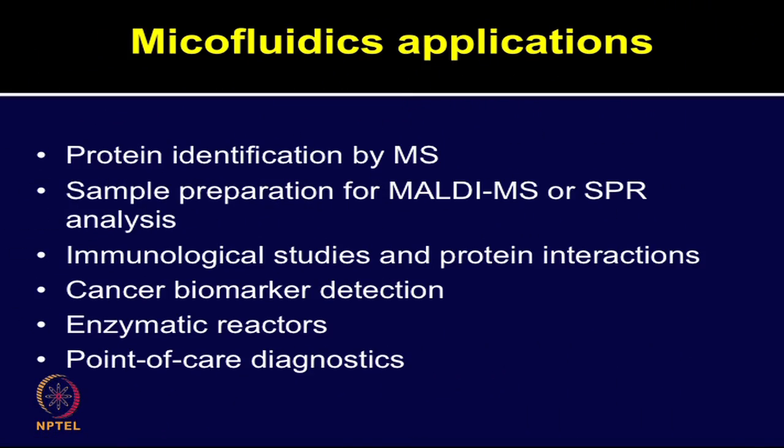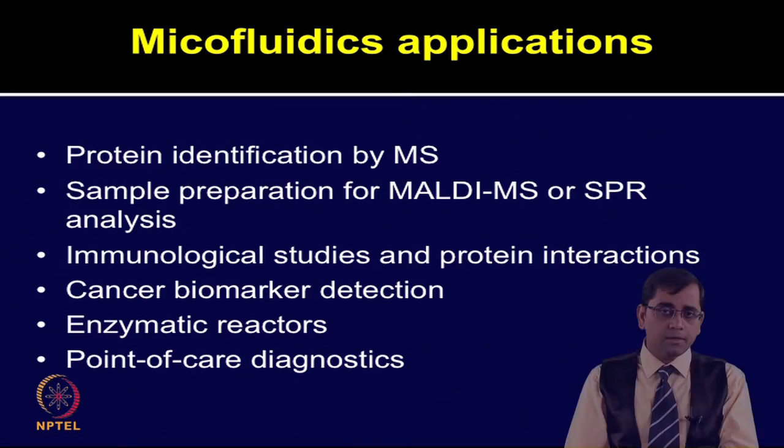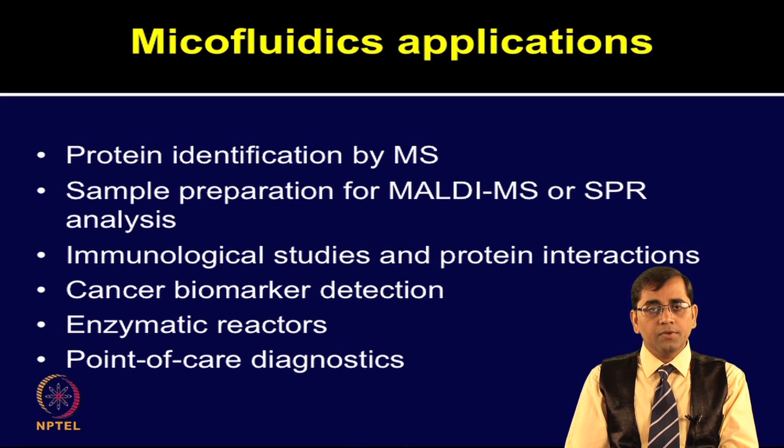Now, let us briefly discuss some of the major applications of microfluidics in proteomics. The protein identification is performed by mass spec. Now, there is an increasing trend of using microfluidic based systems with various proteomic platforms such as mass spectrometry and surface plasmon resonance. The microfluidics is being used in different applications such as immunological studies and biomolecular interactions, biomarker discovery including cancer